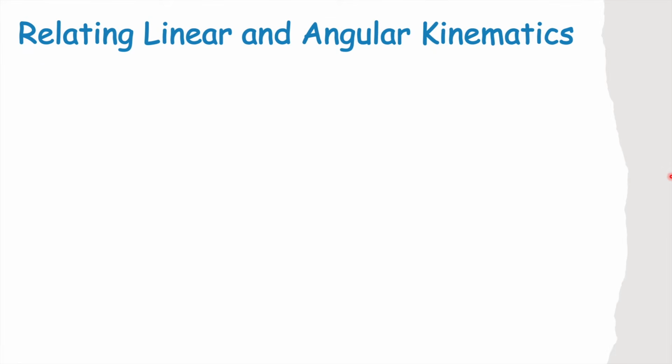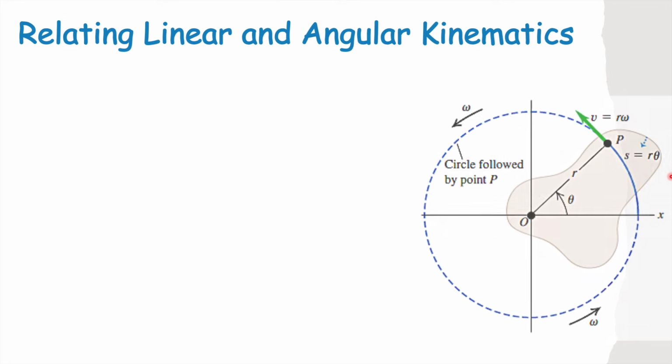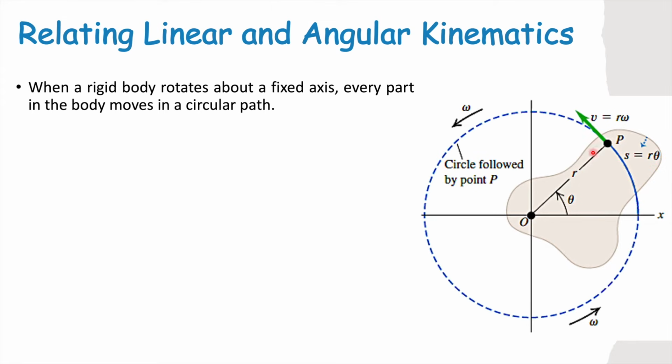Take note that we can relate linear and angular kinematics. When a rigid body rotates about a fixed axis at point O, every part of the body moves in a circular path. If I choose this point P, which is part of this rigid body, and rotate it, the path that P takes is a circular path. And the length is determined by the arc length equation, S is equal to R theta, where R is the radius from point O to point P,